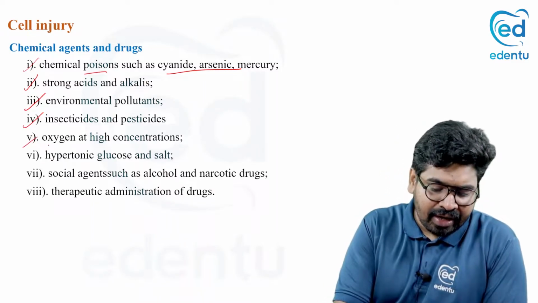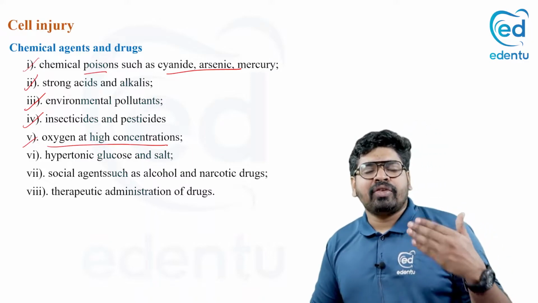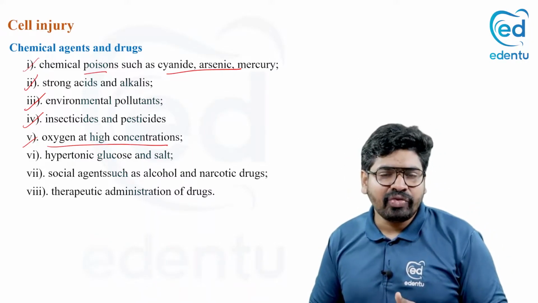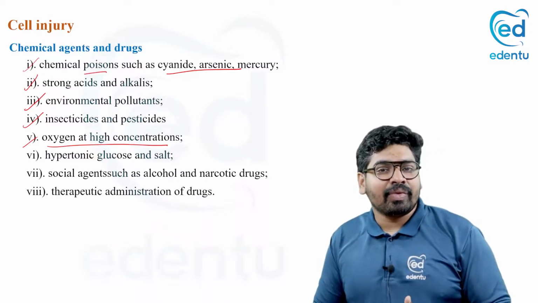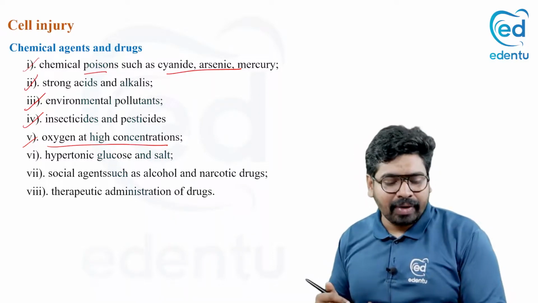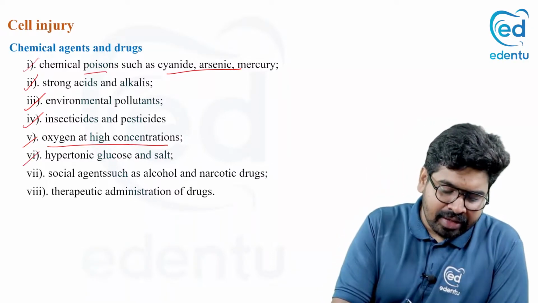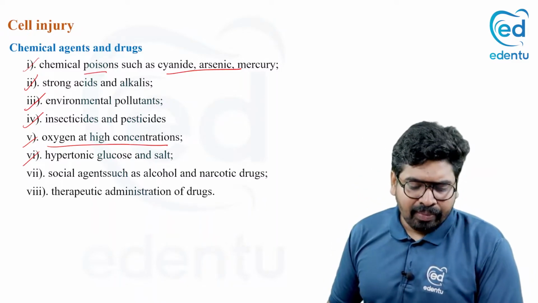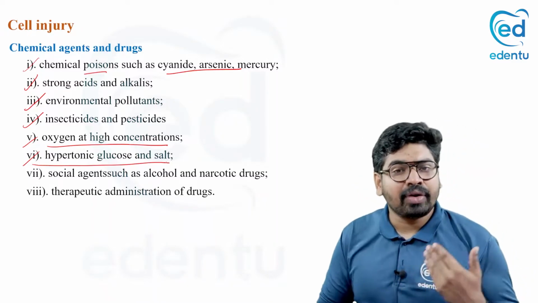If you are pushing oxygen at high concentration, there is more chance of formation of oxygen free radicals in our body, and free radical mediated cell injury can also happen, which we will come across. Now there is injury from salt or hypertonic glucose, because hypertonic glucose or hypertonic salt can